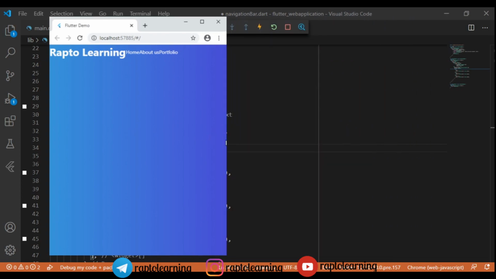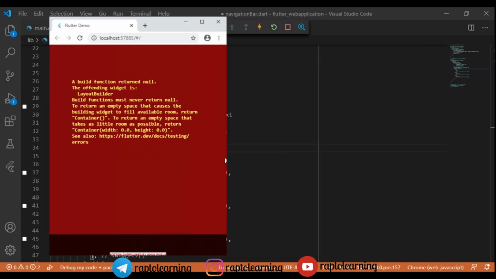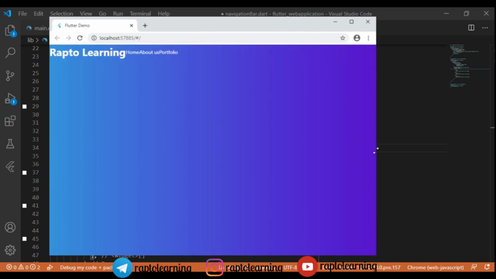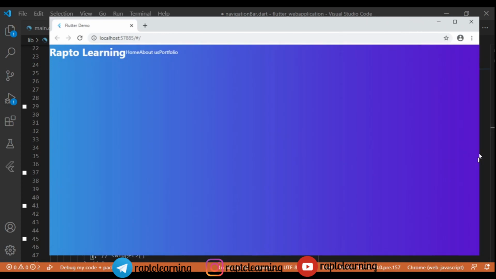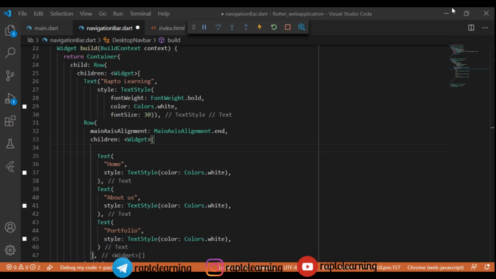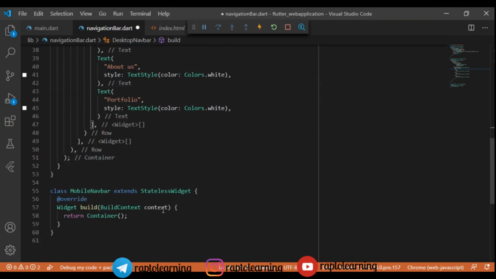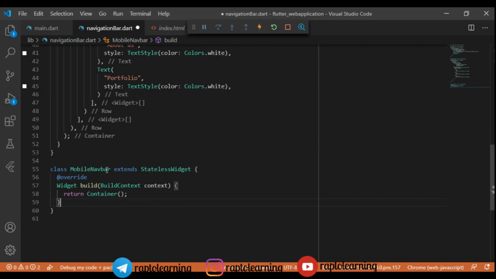So this is not going to work. So let's add some padding to it. If we squeeze the screen, this is giving us an error, right? So we will resolve this error later, right? But first we will prepare a beautiful layout for our desktop nav bar, so it will look a little bit awesome, right? And we will be inspired a little bit in our work, right?